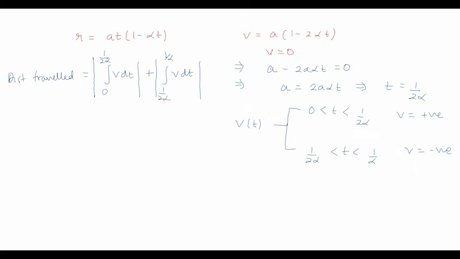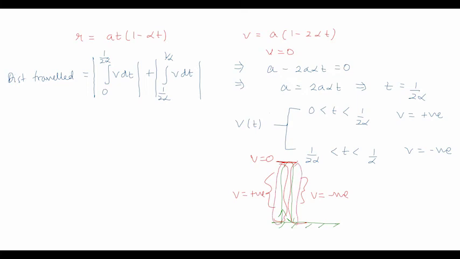Let me give you one more explanation for this. Suppose I project a particle from the surface of Earth with a certain speed. It will go up and return back. So what we have done in this particular question is we have located the time when the velocity becomes 0. Now I am saying for this time the velocity is positive, and for this time the velocity is negative. So if we wish to calculate the total distance traveled, we calculate the distance for this part and the distance for this part, and we add the two distances traveled, and we take the mod value to ignore the negative aspect which we might get in the question.